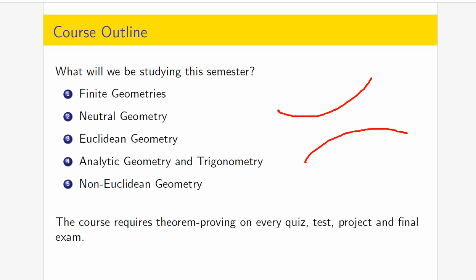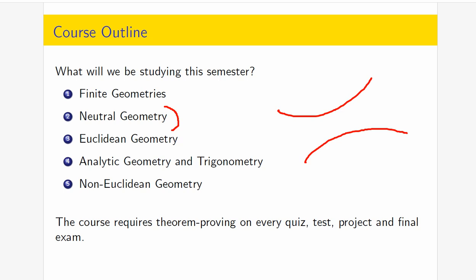Okay. Neutral geometry will come next. What is neutral geometry? Neutral geometry is starting down the pathway to Euclidean geometry, but not assuming a parallel postulate. So we prove everything we can in Euclidean geometry without a parallel postulate. And we'll do that for a few weeks. It turns out we can prove quite a bit, but we do run into this roadblock. We can't finish Euclidean geometry proofs content until we actually assume what's called the Playfair postulate, which is the Euclidean